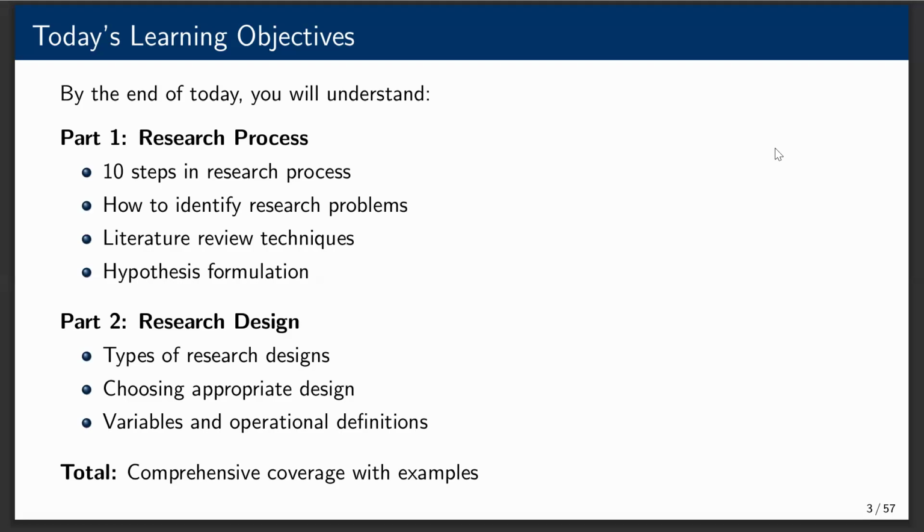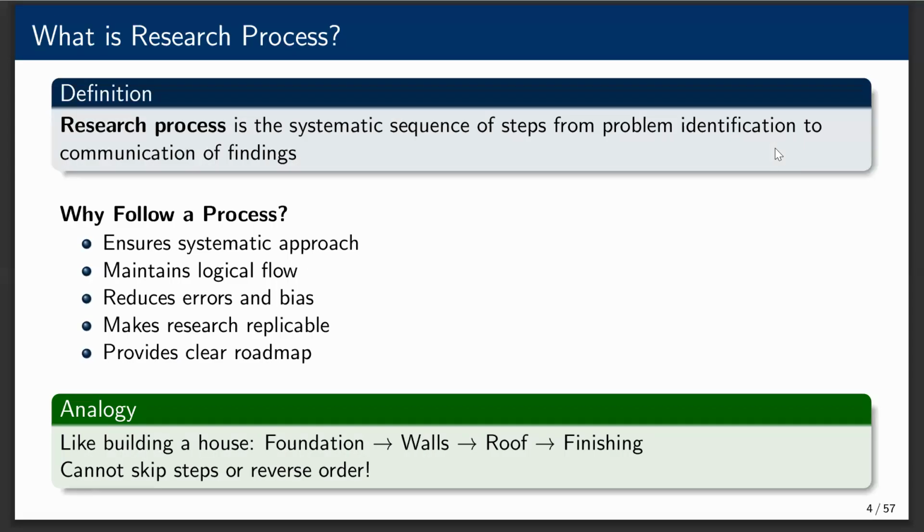Part 2 is basically research design, like types of research design, choosing appropriate design, variables and operational definitions. Then comprehensive coverage with examples. We are going to discuss various examples. Now, to start with,